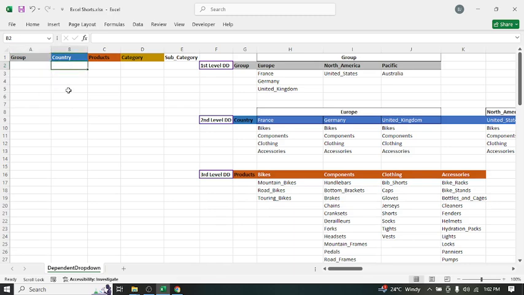So now we've created a drop-down menu for different types of group, where we have Europe, North America, and Pacific. But now we have also this column where we have country. So we want that when we select Europe, we can only pick the values as France, Germany, and United Kingdom. The same applies to when we select North America, we will only have United States. So we'll do the same procedures we've done in the column called group, but with a slight difference where we have the source. So we'll click here B2, then after clicking B2, go to data,